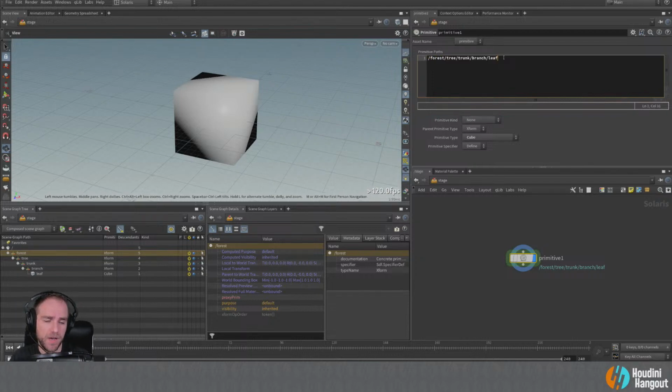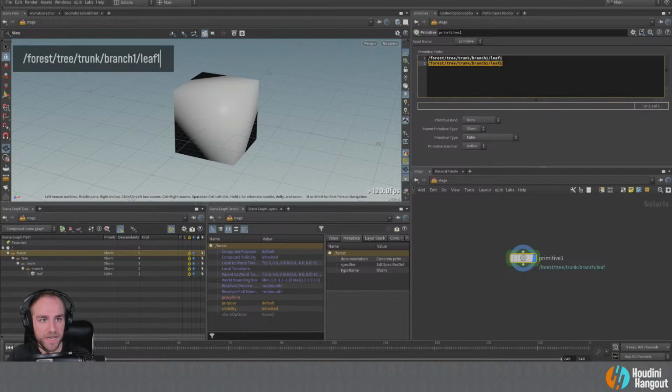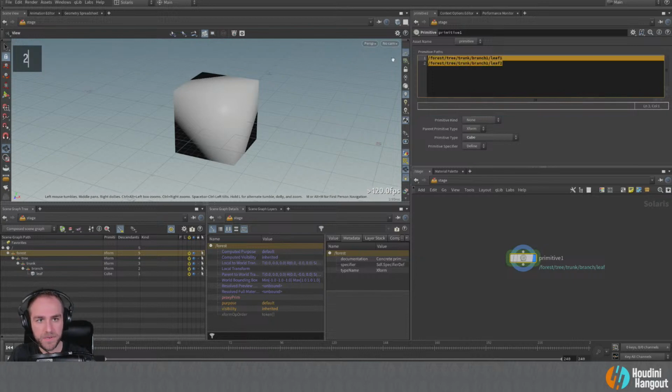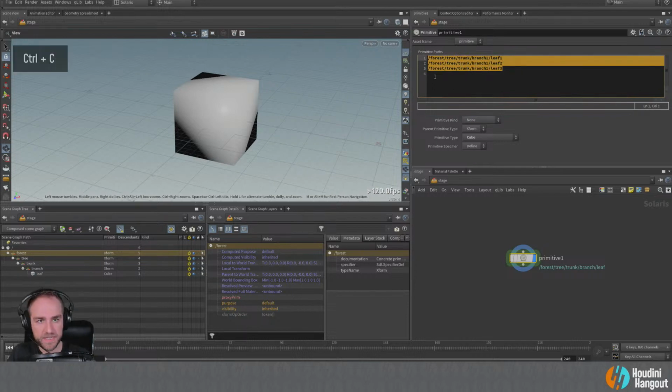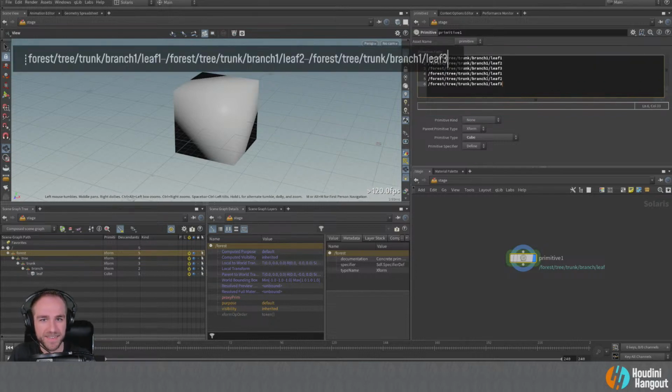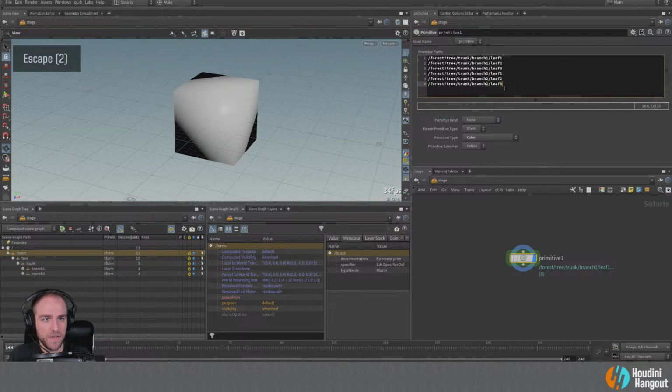But maybe what you could do, I'll keep the leaf there just to keep the idea of what the leaf primitives are visible. But let's just change this up a little bit. We'll say branch 1, leaf 1. We'll just copy this a few times. So you can just copy this, and we'll say leaf 2, and then we'll copy this like that, and we'll say leaf 3. And then maybe what we'll do here is we'll just take a whole bunch of these, paste them like this. Yep, that's a lot of information there. And instead of having these be branch 1, we'll do branch 2 like this.